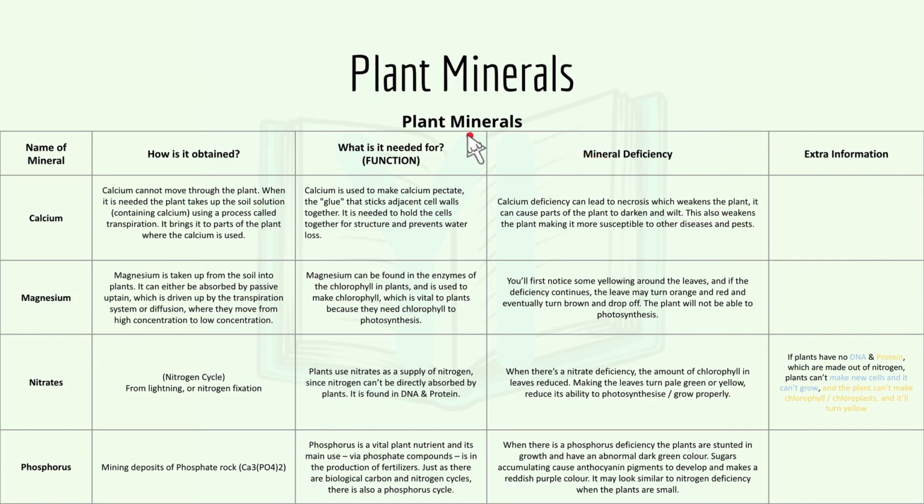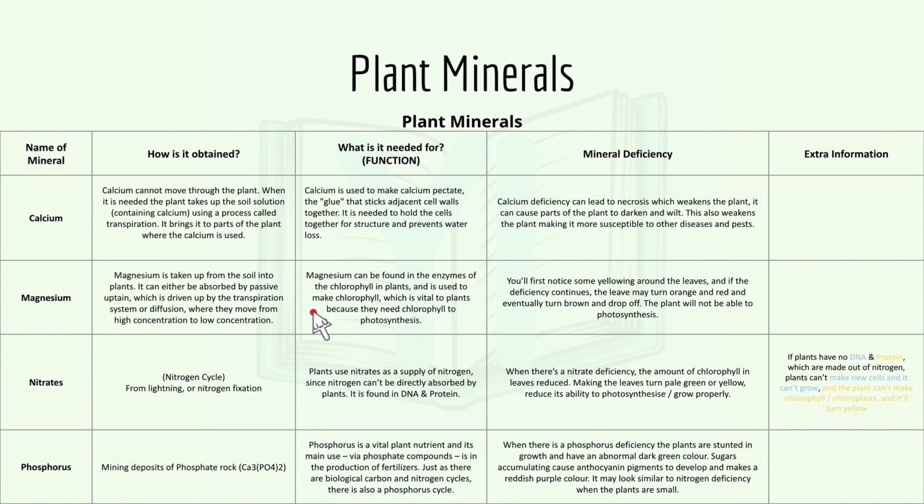So here are plant minerals. I'll just focus on the function and you can have a read for how it's obtained and the deficiency. For calcium, calcium is used to make calcium pectate, the glue that sticks adjacent cell walls together. And for magnesium, it can be found in the enzymes of the chlorophyll in plants and it's used to make